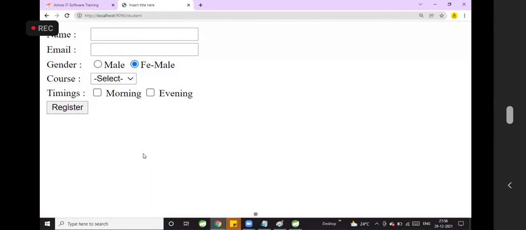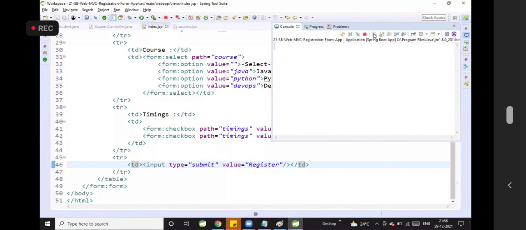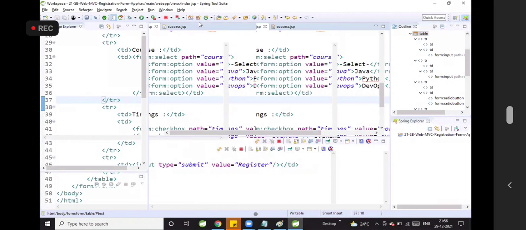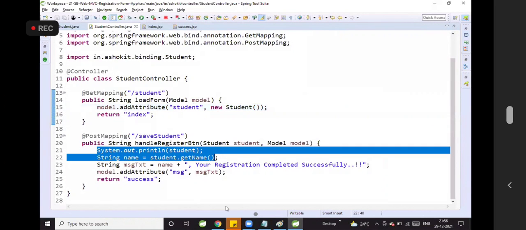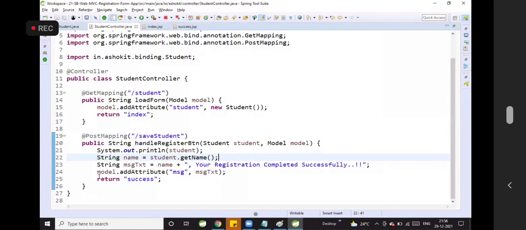Now, clear the console, guys. I want to show you that form data is coming in the form of object or not. Already we have given SOP statement in our method. Whenever you click on the register button, this post request method will be called.